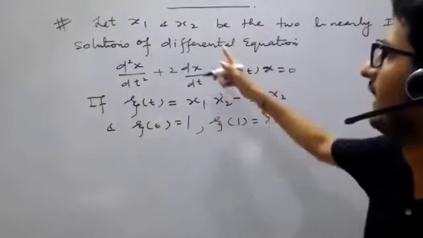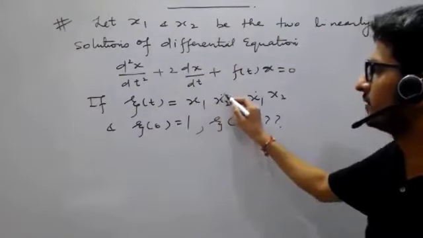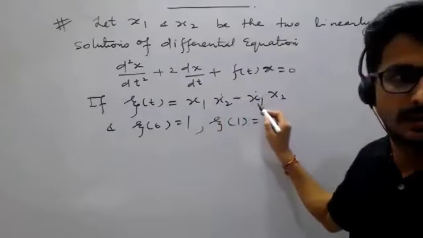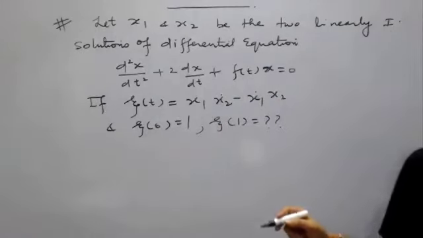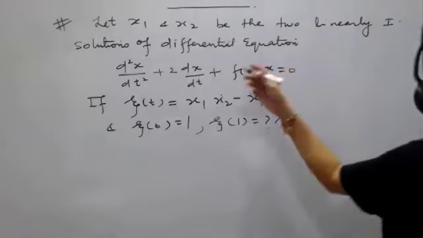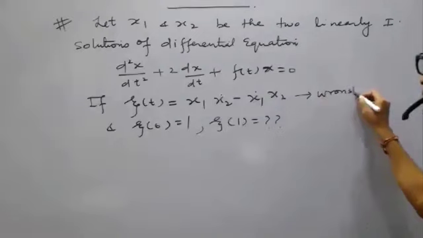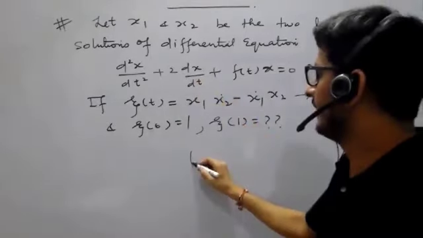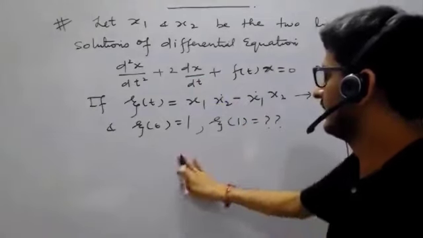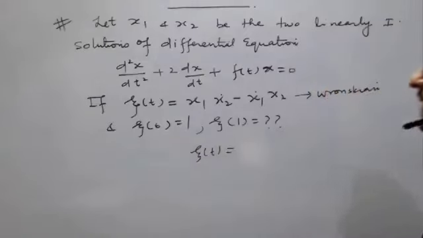If x1 and x2 are two linearly independent solutions and they have written here x1 x2 dot minus x1 dot x2, that means this is the Wronskian. Can you figure it out quickly? Yes, sir. This is the Wronskian. The value of the Wronskian can be very simply written. Here the Wronskian is written as xi, so I should use the same notation. It will become equal to